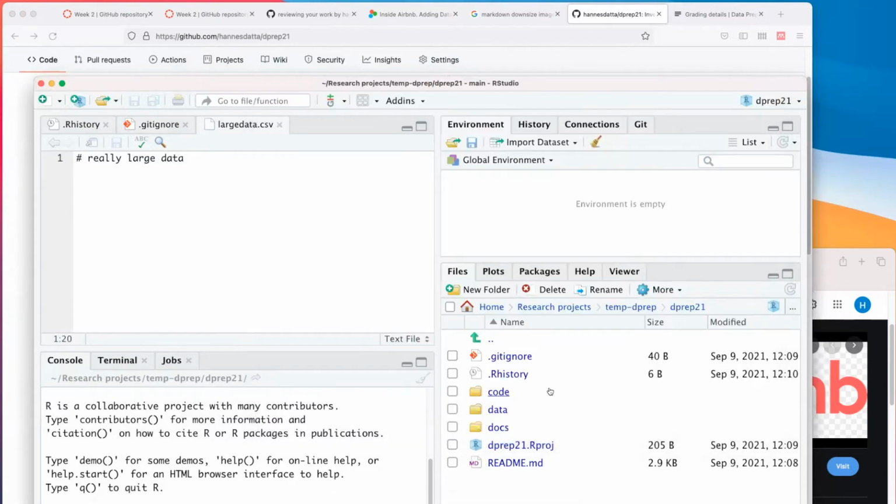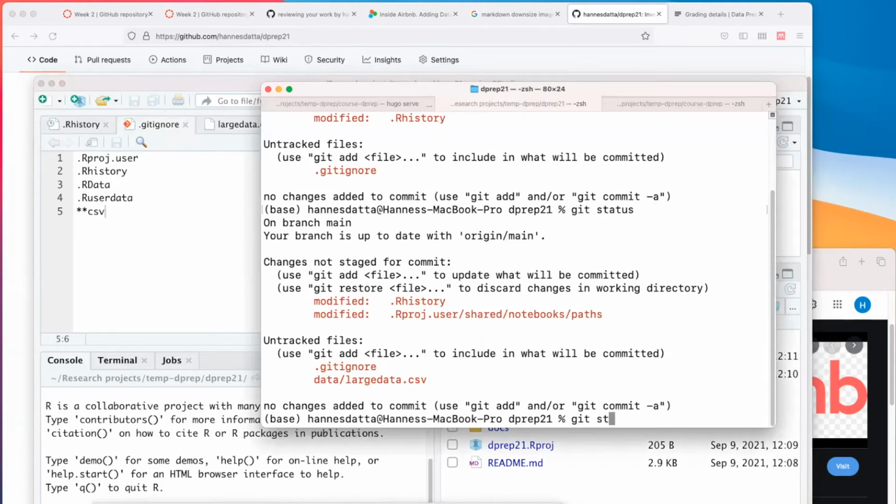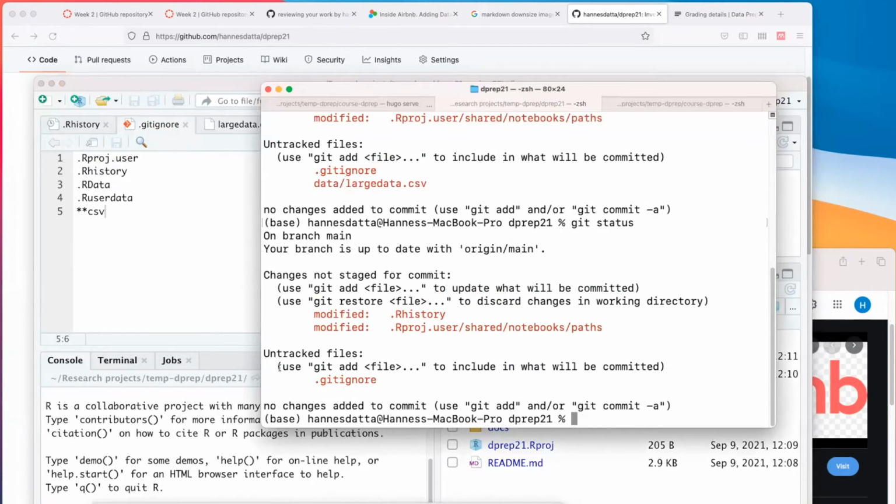What you can do is create a .gitignore file in your repository and say, well, all those files ending with CSV shouldn't even be tracked. But on git status again, you see that this large data thing doesn't show up anymore, right? So in that way, you can exclude files from tracking.